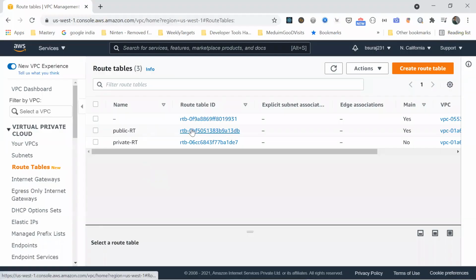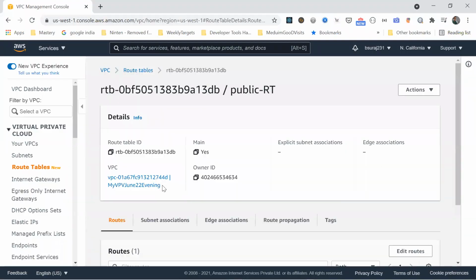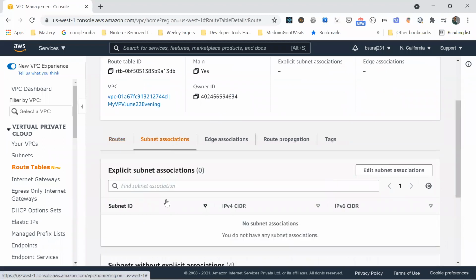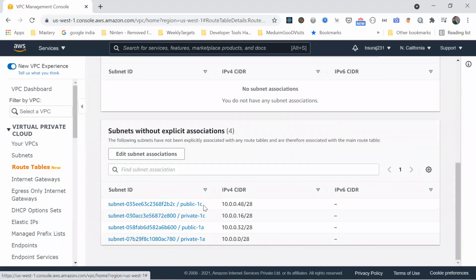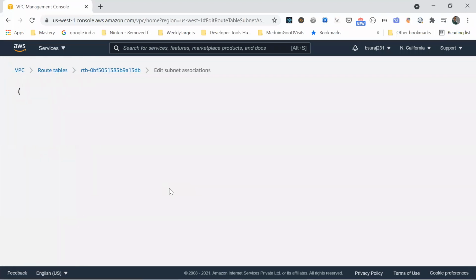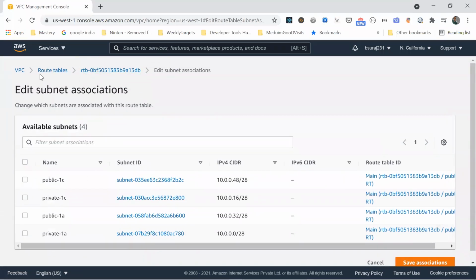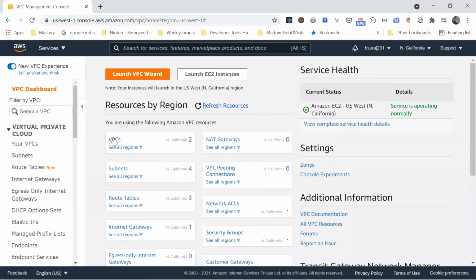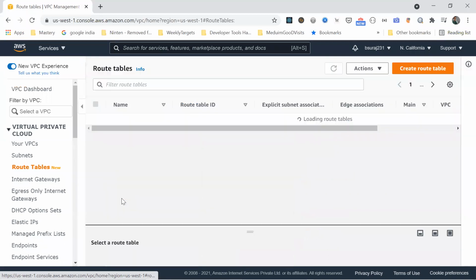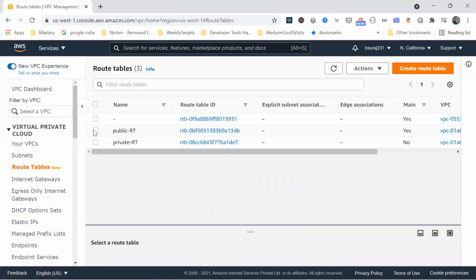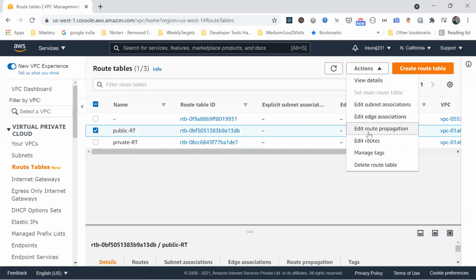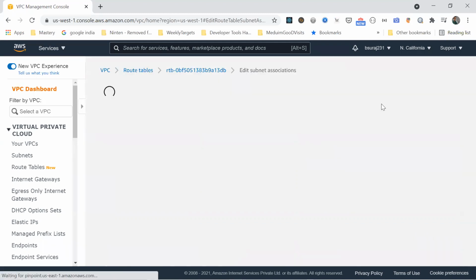So go to the public route table ID, check subnet associations. You can see that you can edit the subnet association. We are considering the public one. In this, you can do edit subnet association.